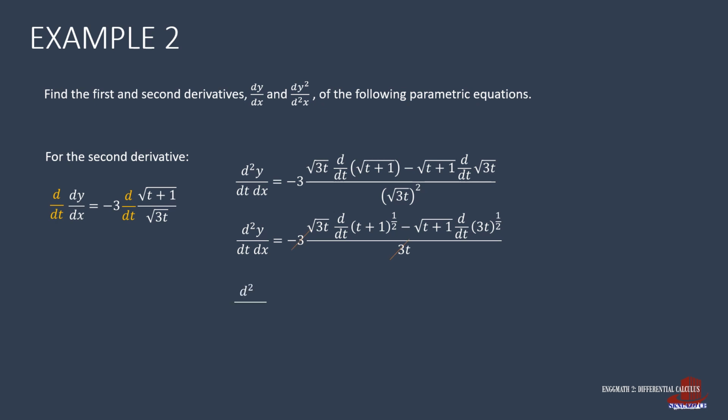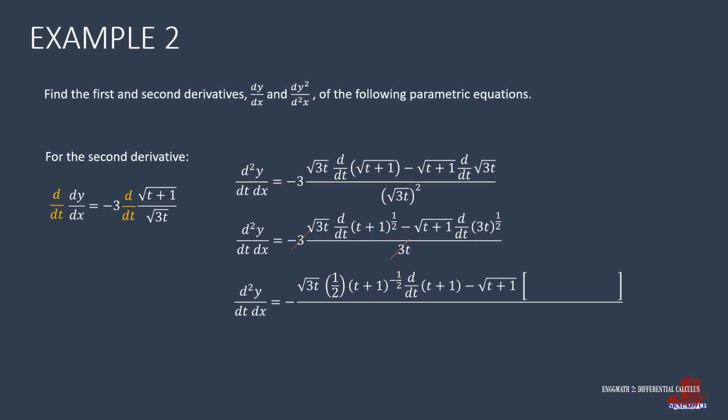At this point, we can cancel out 3's and have negative of the root of 3t times half of the quantity t plus 1 raised to negative 1/2. And further, with the derivative of t plus 1 minus the root of t plus 1 times half of 3t raised to negative 1/2, multiplied by the derivative of 3t. Here, we take dt all over dt as 1, d all over dt of 1 as 0, and the derivative